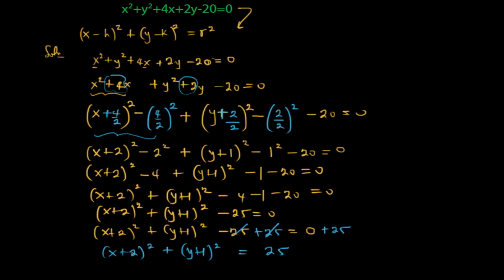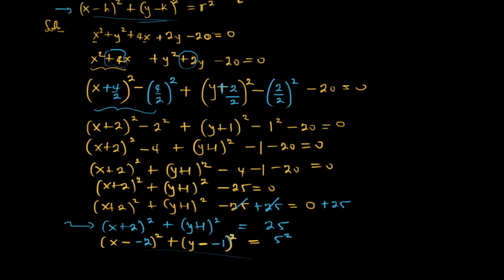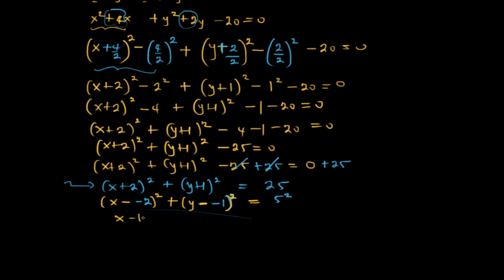And then you recall, our aim is to write what we have here in the same form as what we have here, so they can be similar. So what we have here is the same thing as x minus, this is going to be negative 2, then you close, squared, plus y minus negative 1 all squared. Let me write that so we don't confuse people here. Then equals 5 squared. Now when you compare what we have here with the standard form, x minus h all squared plus y minus k all squared equals r squared,